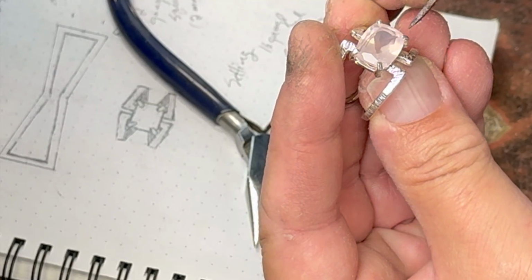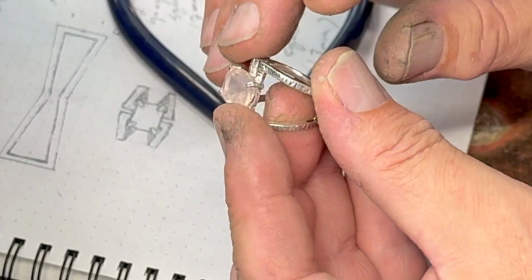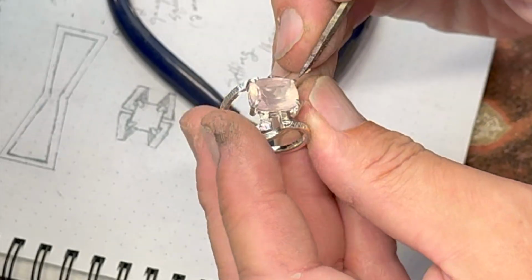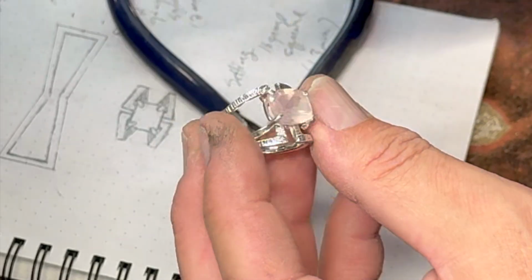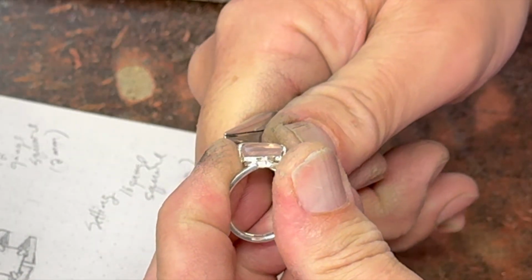About midway down that, and then I file it down until it's a little bit narrower at the top, neaten it up with an abrasive silicone white wheel, and then use a blue wheel on it, which is a fine wheel, to kind of smooth it out. And I will give it a little bit of a buff up afterwards. But the way that I laid the prongs down is I used